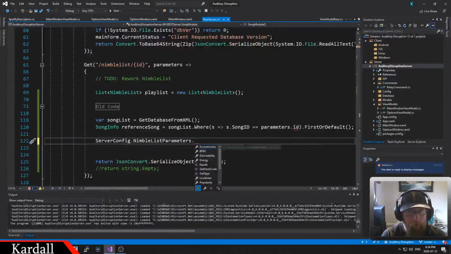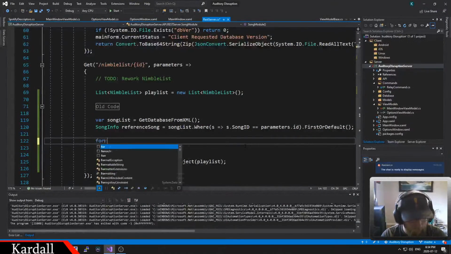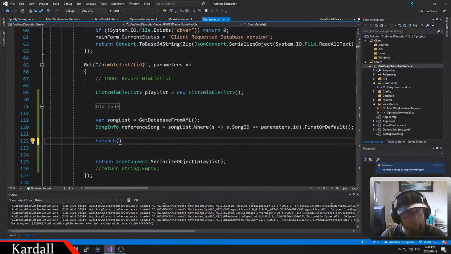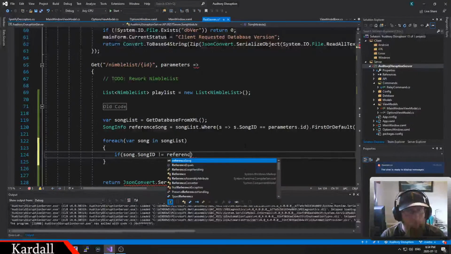NimbleList parameters. Okay, so there's our parameters. So we'll do it really dirty right now. For each var song in song list, if song ID is not equal to reference song,